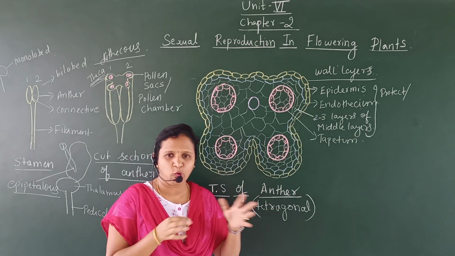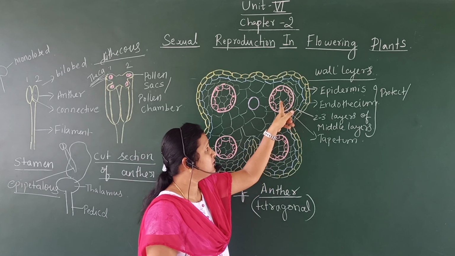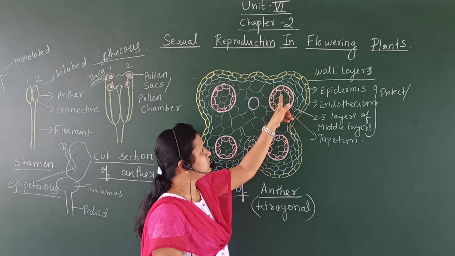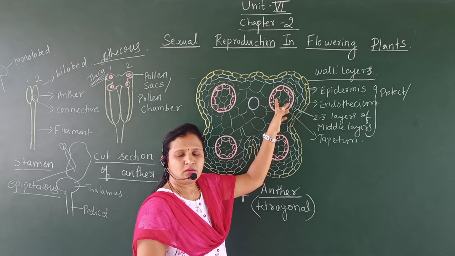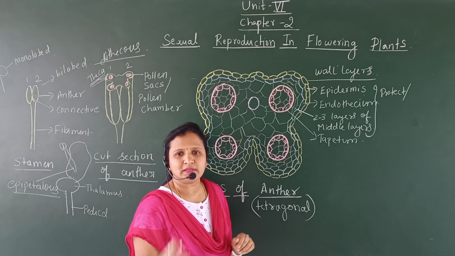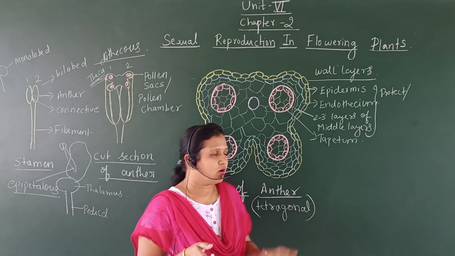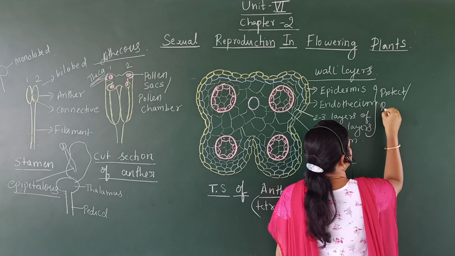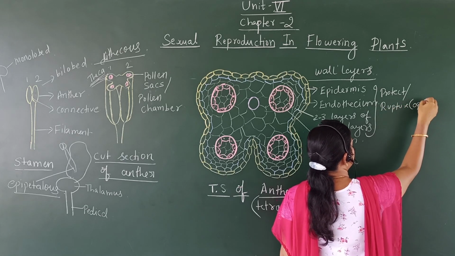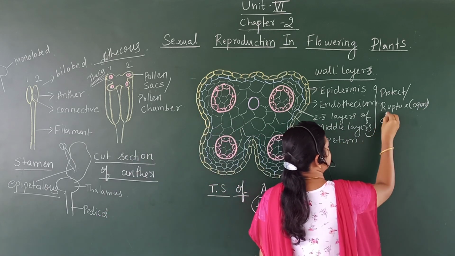The anther will open because later, in the microsporangium, the pollen grains will be produced. But this is a young anther, and hence we are not observing the pollen grains, but gradually here the pollen grains are going to develop. In order to release the pollen grains, this anther has to open, also called rupture. The anther is going to open, which is called dehiscence.